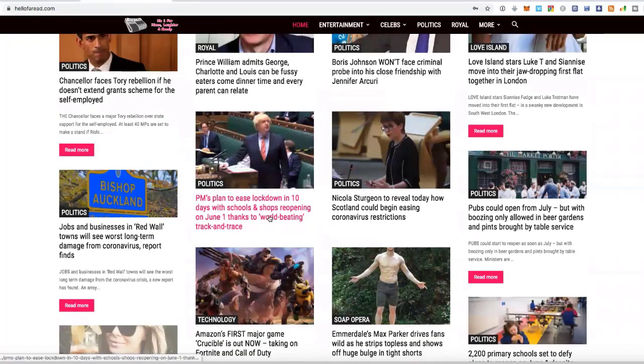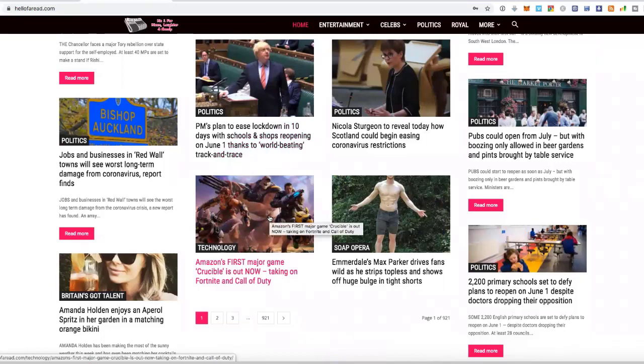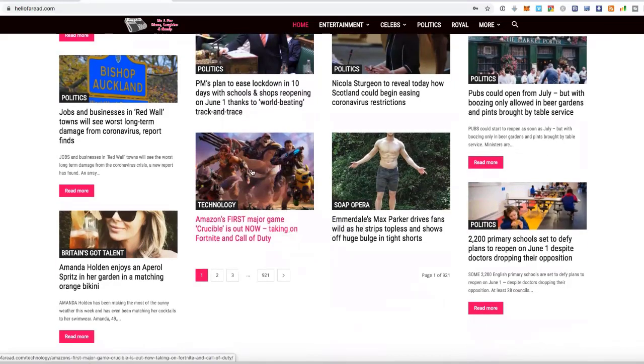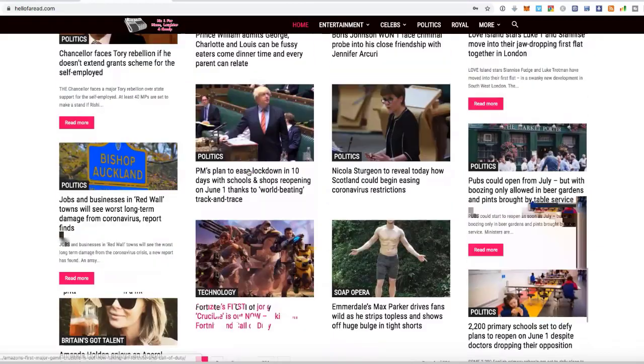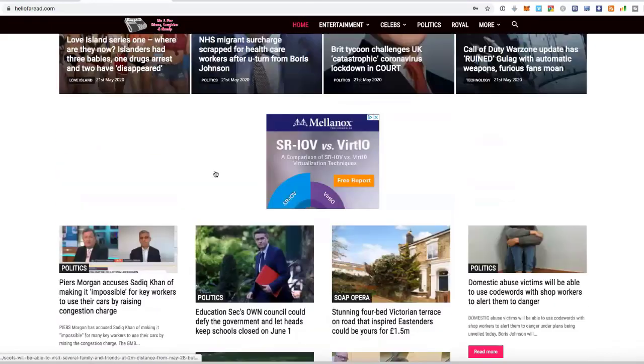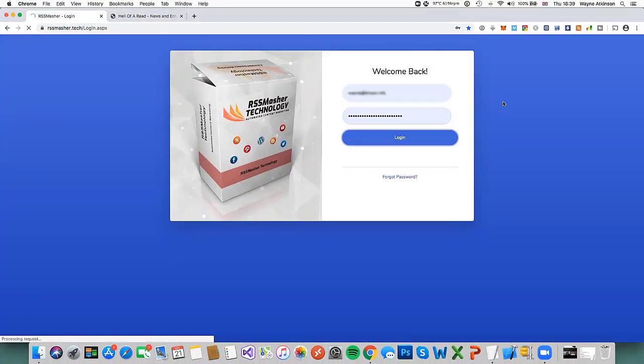And these are what the software actually auto-blogs for us. We don't sit in front of the computer and type all these articles. We get the software to do it for us, and I'm about to show you exactly how we do these kind of sites. Now, once we've logged in, you'll be greeted with what we call the dashboard, and the dashboard